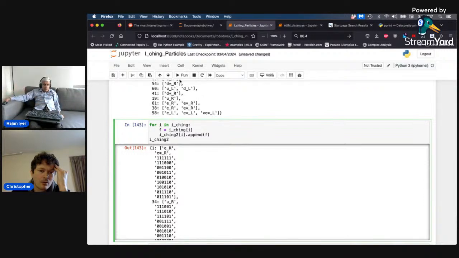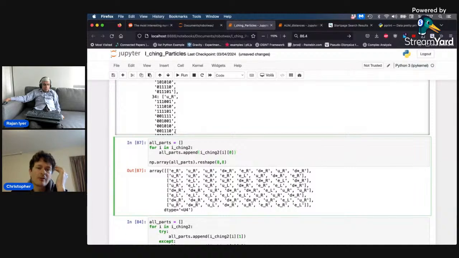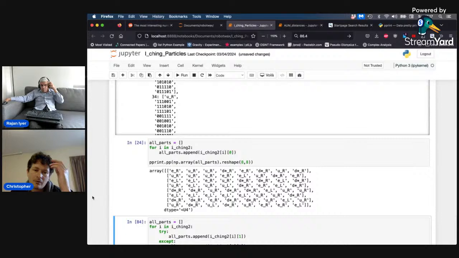No, I don't think that's important. It might be important for later things. So what we wanted to do was print that. Okay, so